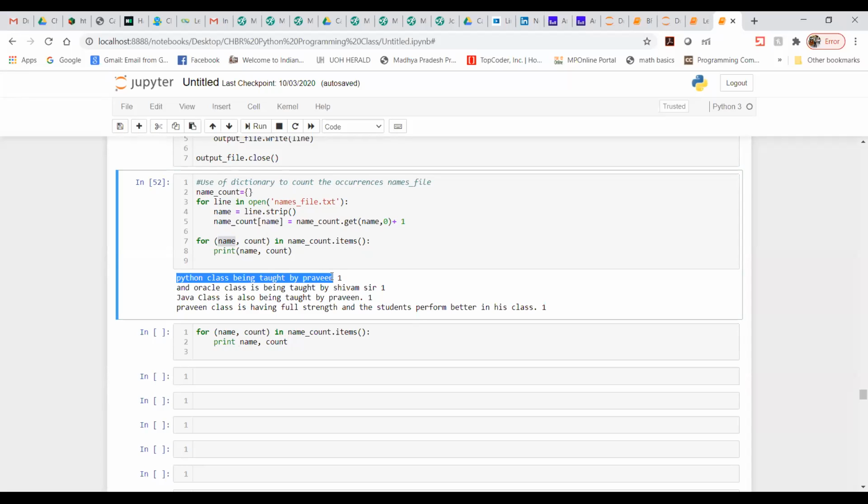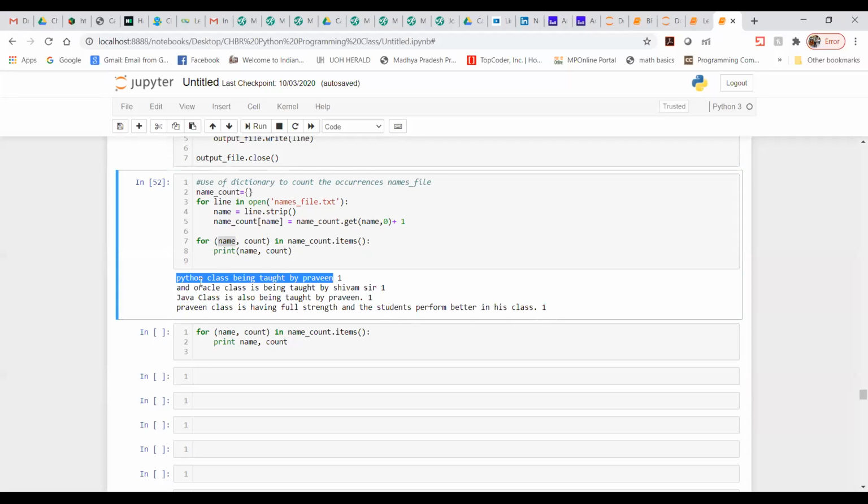Somewhere you need to find out whether the name is already present. So I am trying to do here line dot strip. Now everything comes in one line, every line is being counted as 1,